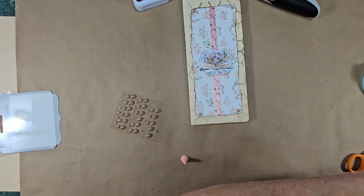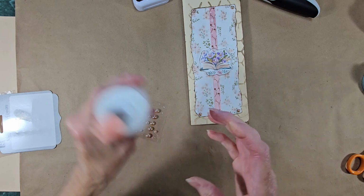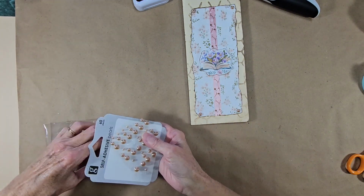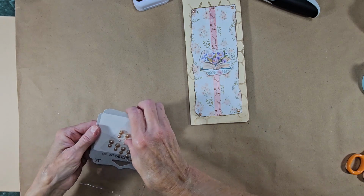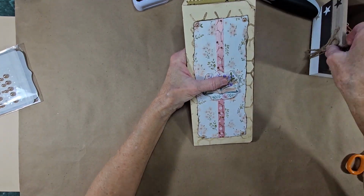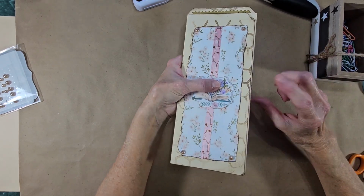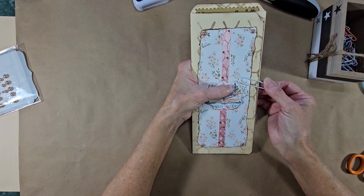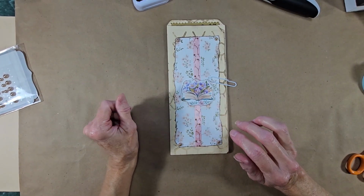So that is our little junk journalette. So what do you think? And if you want to just wrap something around it to hold it shut, you can. Otherwise, you can just put a clip on it, like them little clips like this. Right now I'll just set that on there because I didn't even give clips a thought. So anyway,